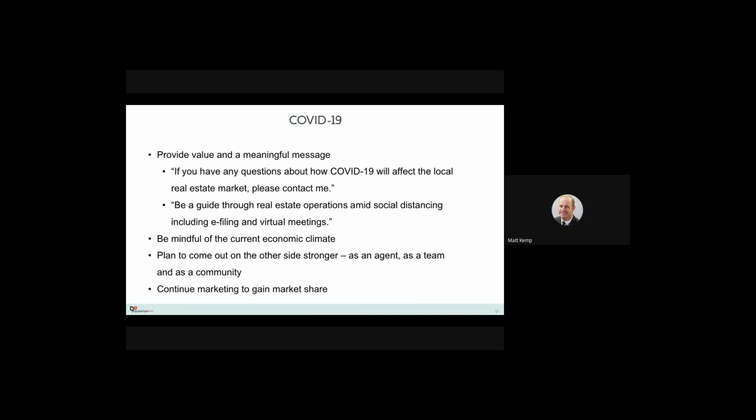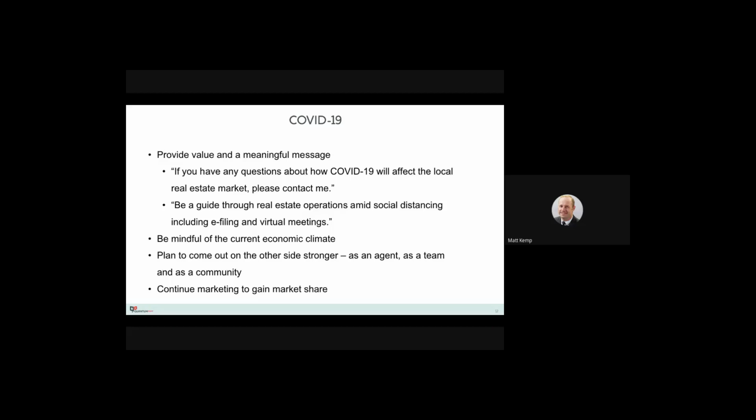So you're going to be able to really guide these folks through these unique times, whether it be through normal real estate operations like e-filing, virtual meetings, virtual tours, things like that. You have an opportunity to guide folks through these unique times, of course keeping in mind the economic climate. It's just something to consider. But also, you're establishing yourself as a market expert, but also a member of the community. So I think it'd be a great situation for you